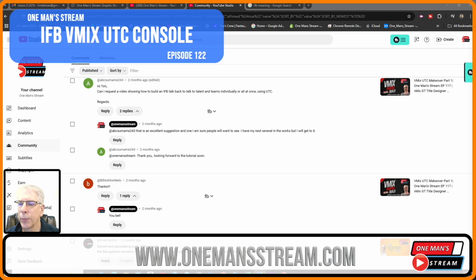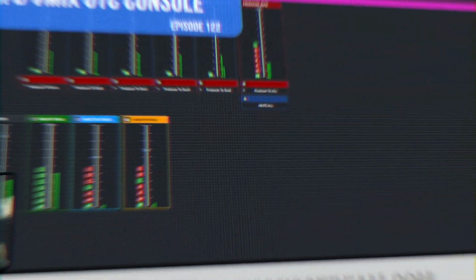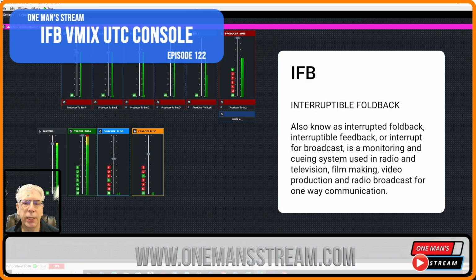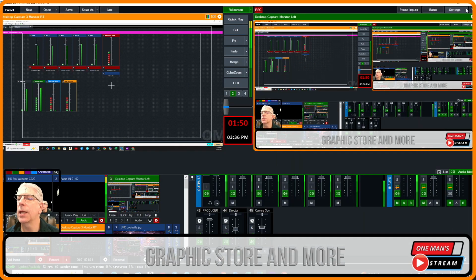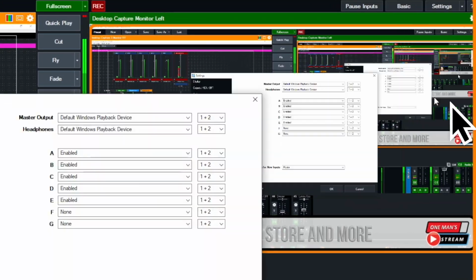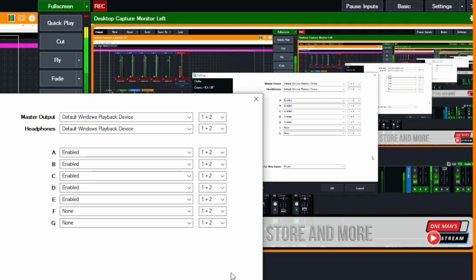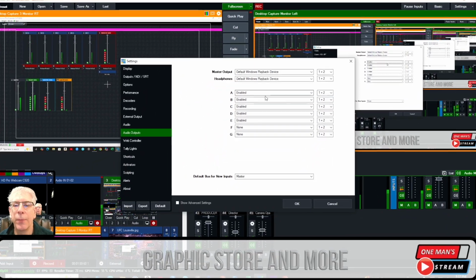First of all, we're going to get over to vMix UTC, and this is what the project looks like in UTC, and it's actually very simple. However, before we get into this, there is one thing that I need to talk to you about. We're going to go up here in settings, and we need to click on audio outputs, and when we click on audio outputs, you'll see that I have